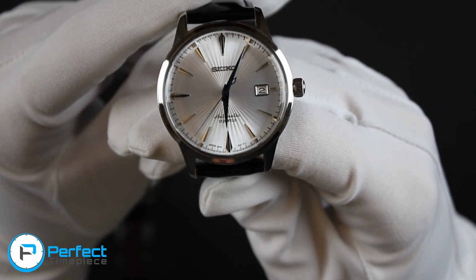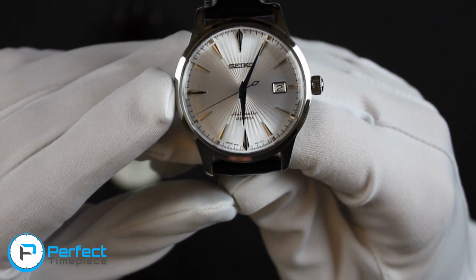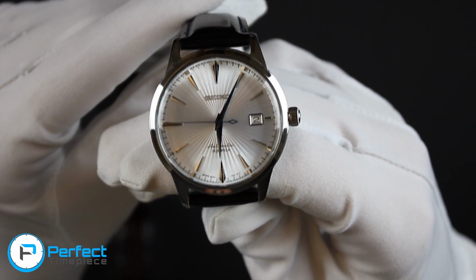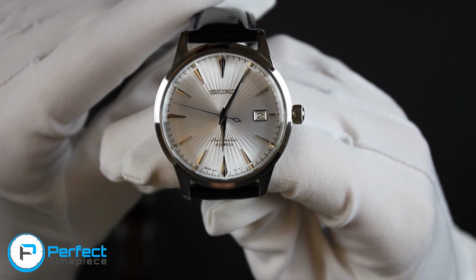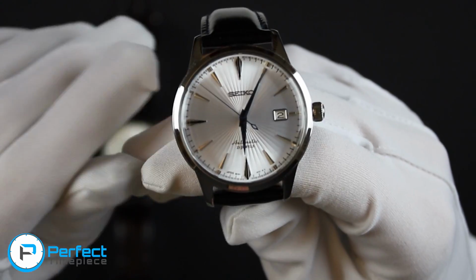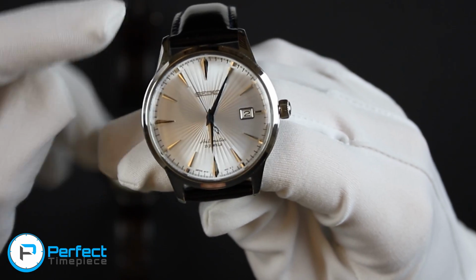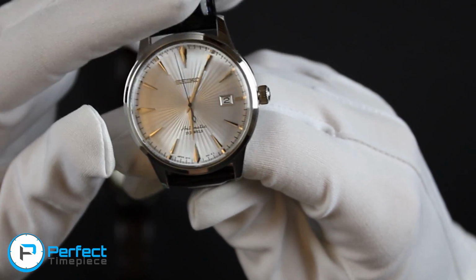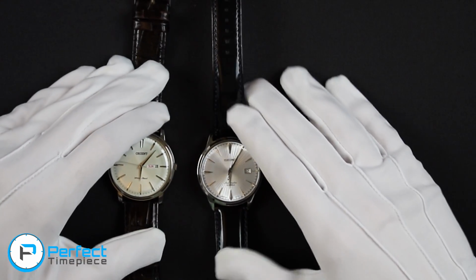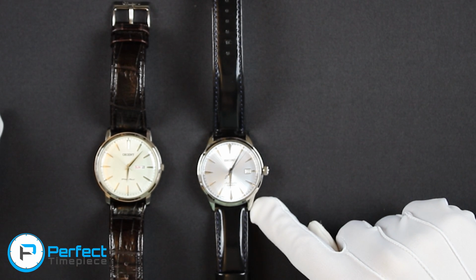So what that means is somebody actually sat and placed all of these indices on the dial, and if they made a mistake, they threw away the dial and they started over again. They also sat there and calibrated the hand so that it lined up exactly with the outer markings on the outer edge of the dial. So you are getting something that is more precisely made, and this watch actually has quite a backstory on the